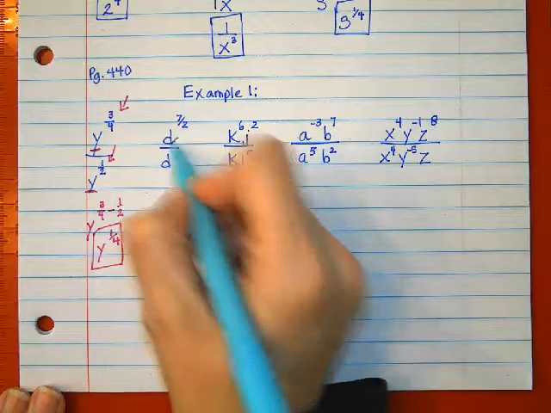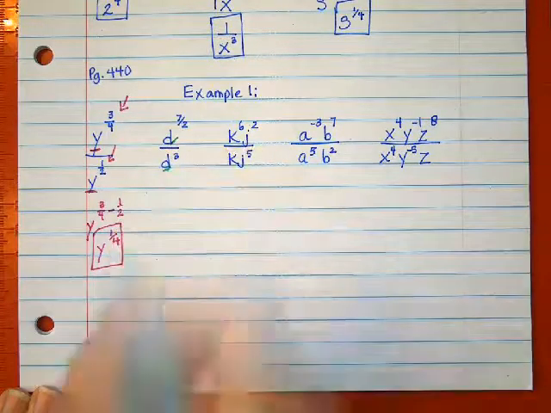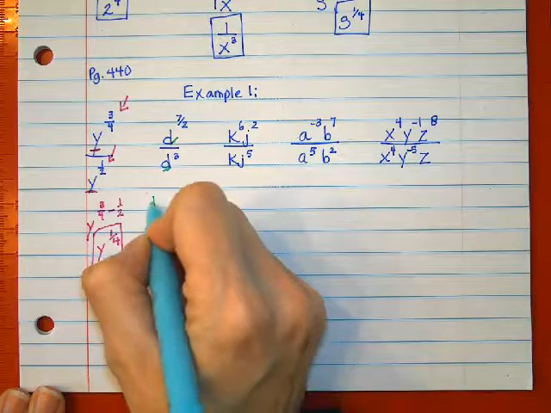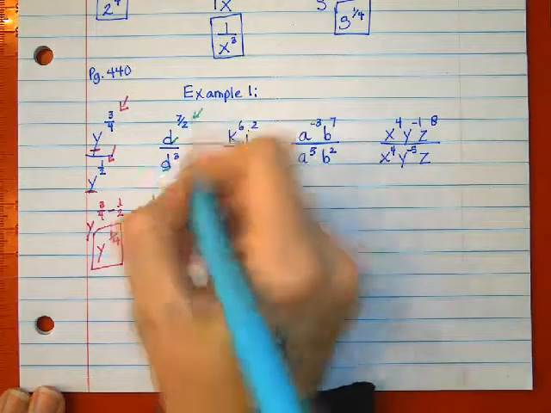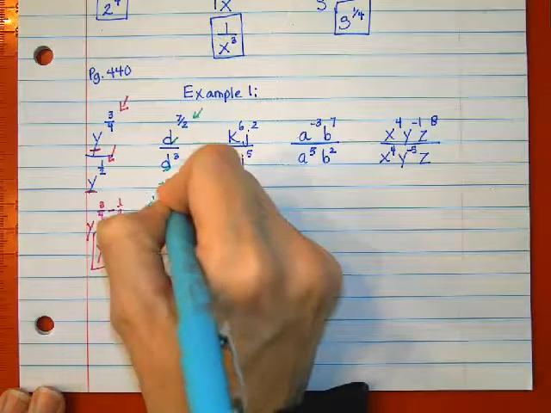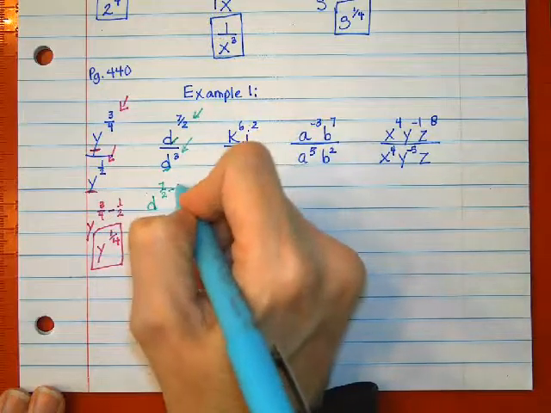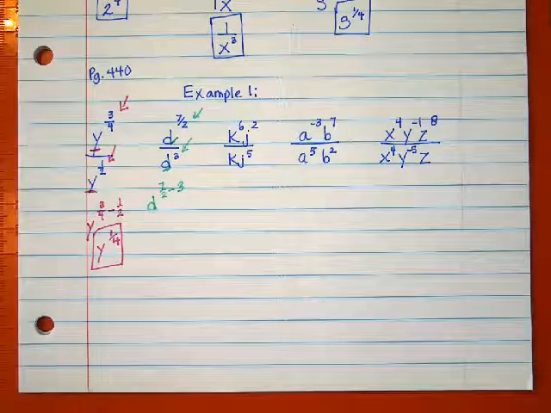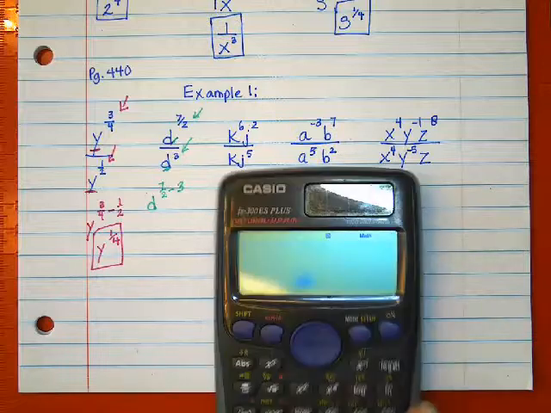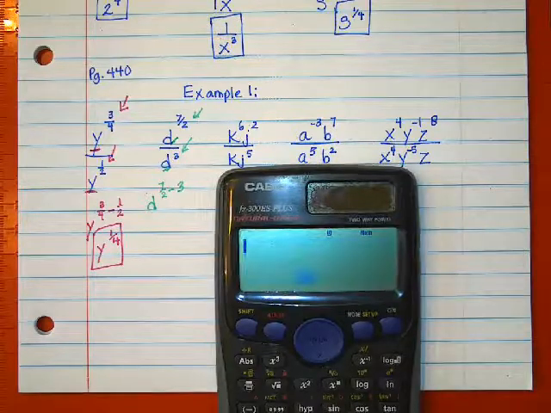Our base is D, and our base is D. So they have the same base of D. So take the top exponent, which is 7/2, and I minus the bottom exponent of the same base, which is 3. So to break out the old rusty trusty calculator, we're going to do 7/2,